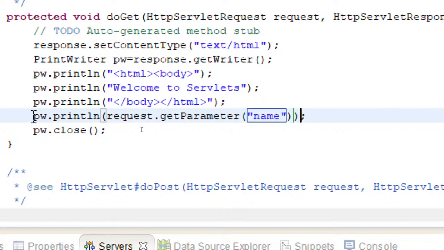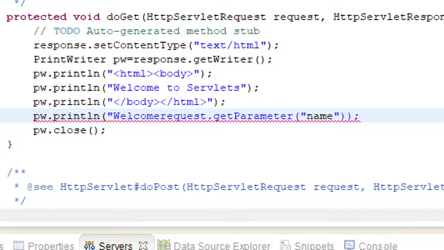Okay, rather than doing this, let me just concatenate with the message welcome, and then okay, double quotes should be closed, and then concatenate this request.getParameter. Let's see how it will work.